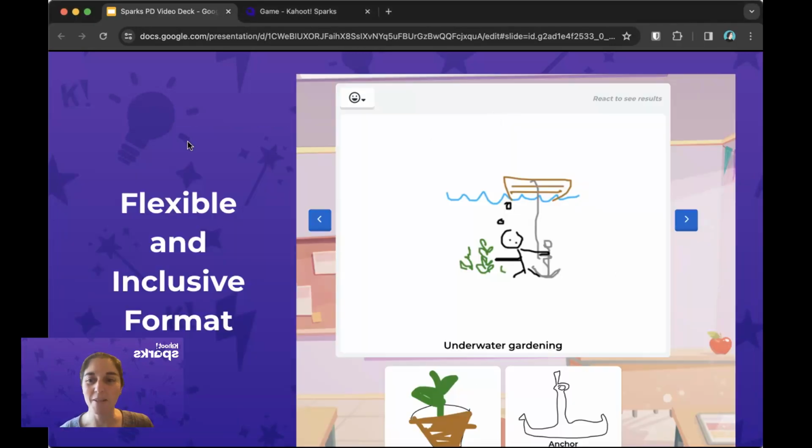Another great thing about Sparks is that it has a flexible and inclusive format. With Sparks, students can choose to express their ideas through typing or drawing. It ensures that all voices are heard and everyone can actively participate. Drawings and unexpected ideas from their peers often spark a lot of surprises and laughter, always a great thing in